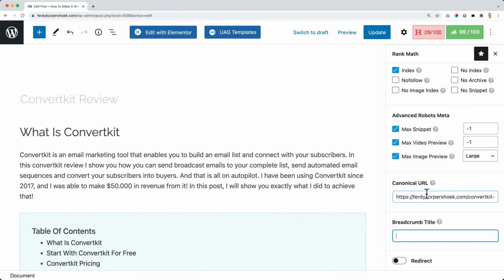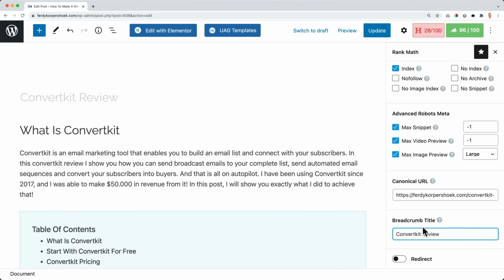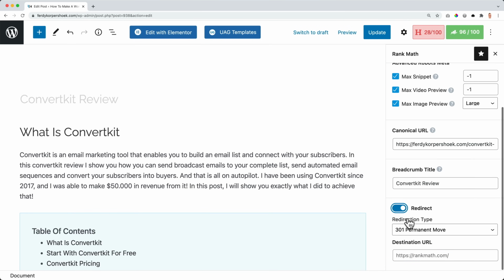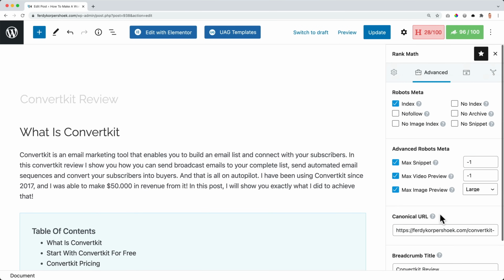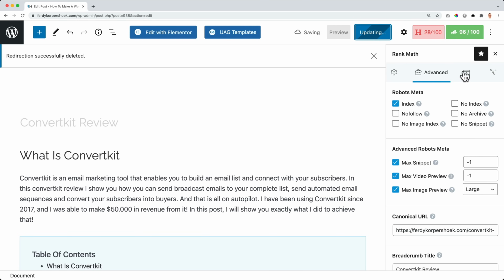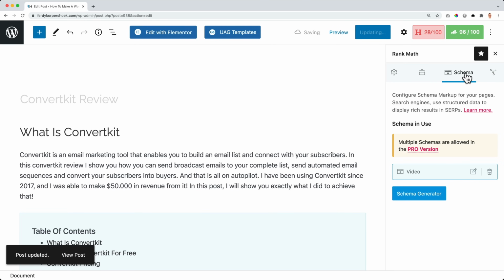That is the right URL. The breadcrumb title, I would just say ConvertKit review. We can also have a redirection, but we don't need that. Okay, let's update it. And then over here, the schema.